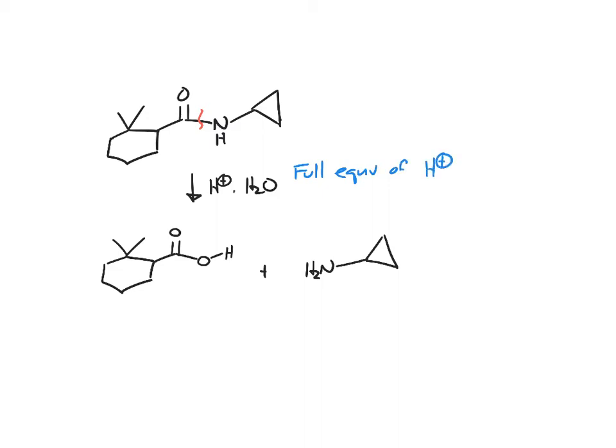We do use a full equivalent of acid because actually just doing this first step here isn't energetically favorable, because you're starting with an amide, which is more stable than the product of carboxylic acid. So this requires a driving force step, and that is the full equivalent of acid, so that as soon as a molecule of amine is formed,